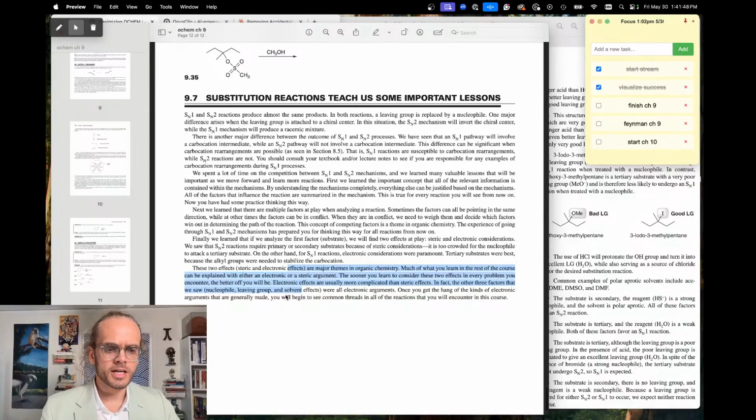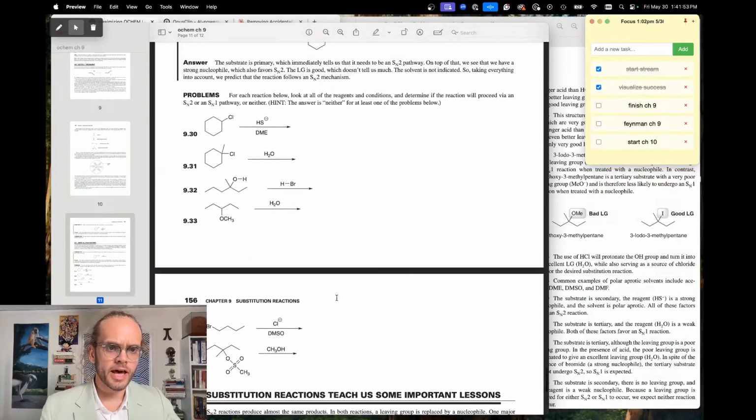These final sections are good to actually read. I think they're pretty dense. All right, just finished reading that. Now,